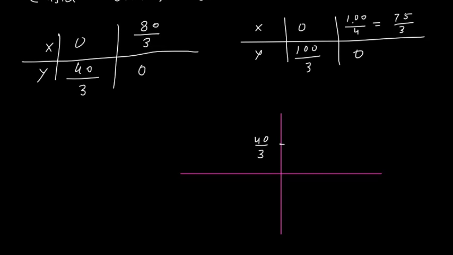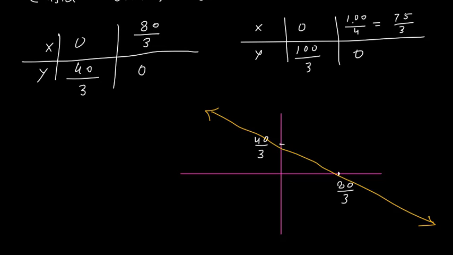So 0, 40 upon 3 and 80 upon 3, so this point is 80 upon 3. So I join these 2 points with a line. Then here we have 0, 100 upon 3. So 100 upon 3 will be